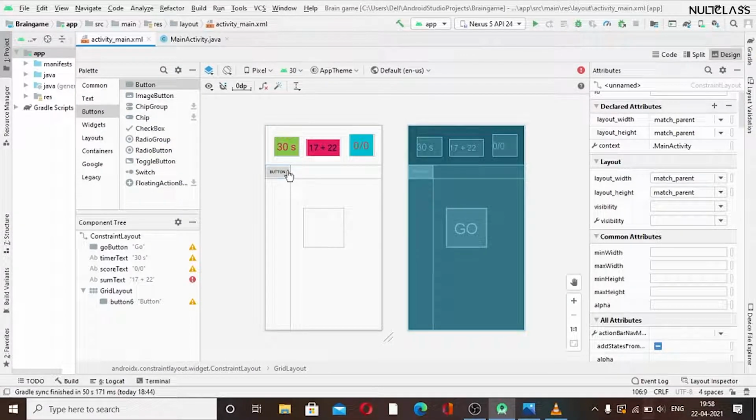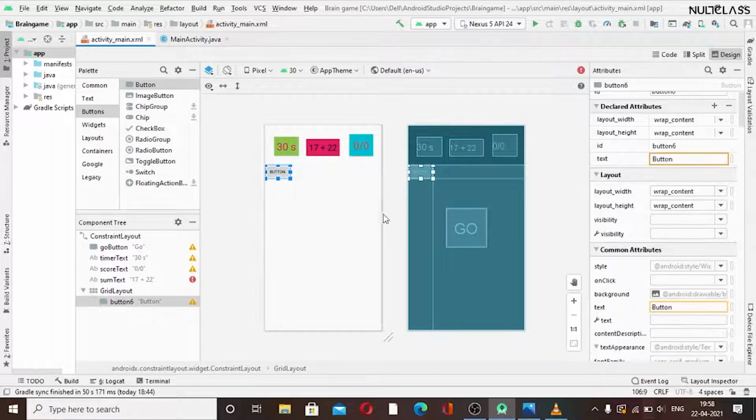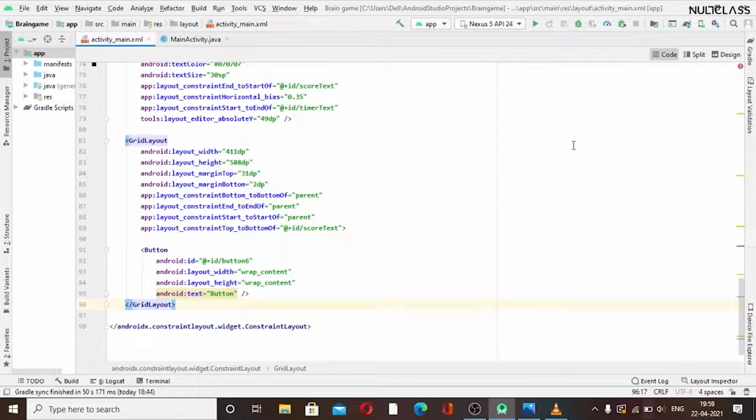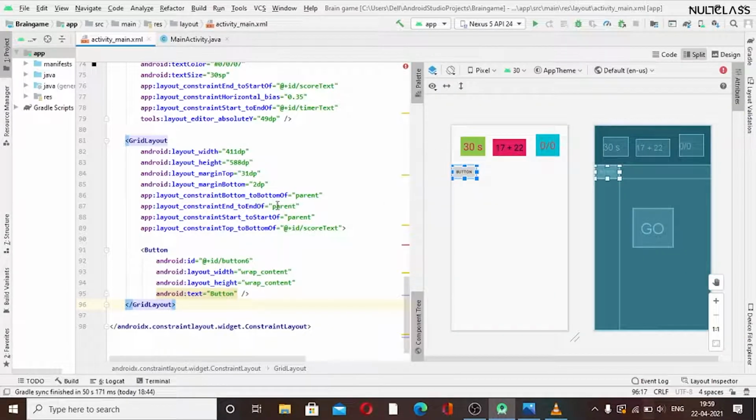So we have added the button in our grid layout. Now we want to fill it to the screen, and we want 4 buttons here in our grid layout. Okay, so we will go to this coding part. We can see that we have 3 options: code, split, and design. In the code part we have XML files, and for the split we can see them both.